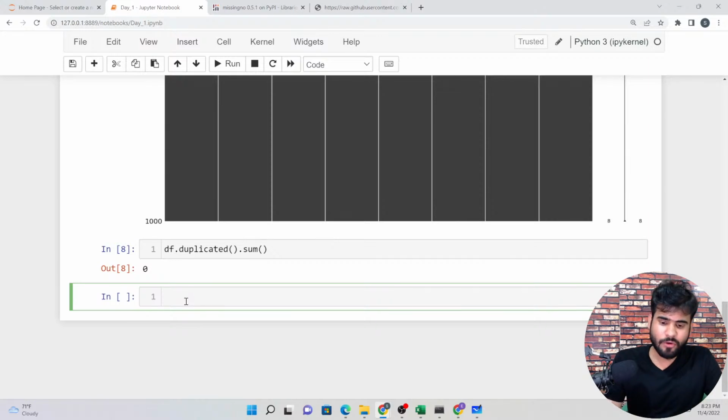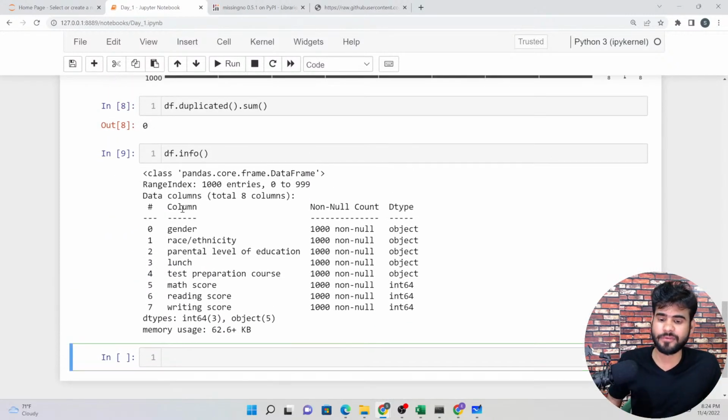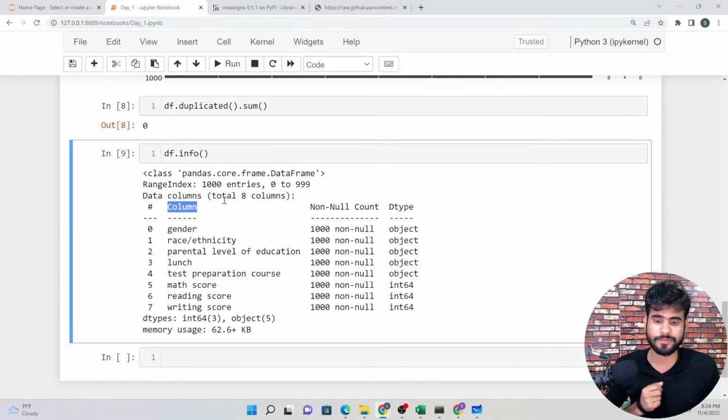So now what I can do is df dot info. As you can see here, we are getting the column name first, then the non-null count and dtype. Here we have one interesting thing.